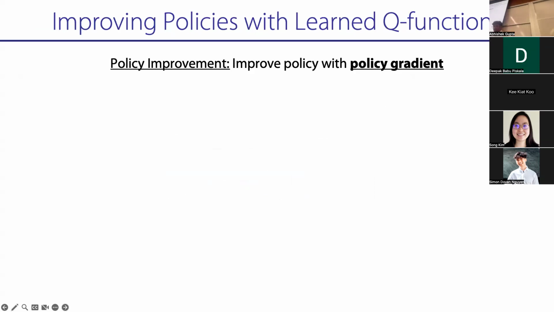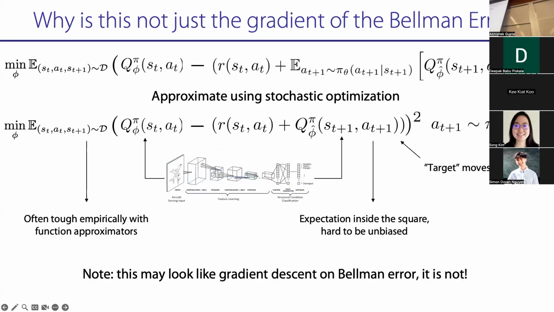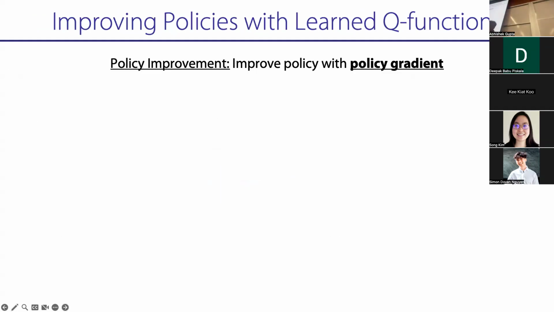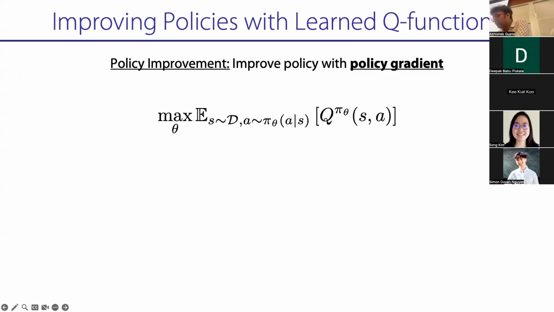Okay, so let's put all the pieces back together. Now we have a way to train our Q function. Now we want to go back and improve our policy. We don't care about Q functions, we only care about policy. And so the last bit is, once I have a Q function, I want to improve my policy with my Q function. So we want to optimize an objective that looks like this. What this objective says is that from states from my data set, if I sample actions from my policy, I want them to have as high a Q function as possible. It's like saying at this state, I want to sample actions from my policy such that my Q function is as high as possible.